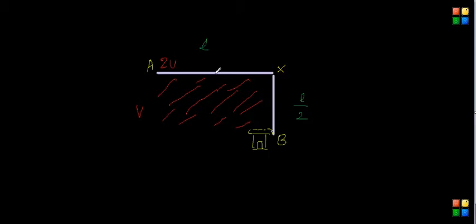A very generalist approach to this problem would be considering that this person starts at A and moves some distance on the line AX, and then at some point, let's say at Y, he decides to move into the paddy fields. So let's say he directly starts into the paddy fields, and from here he directly heads towards point B. This is a very generic situation, and then I need to find this angle. Let's say it's alpha, I need to find what this alpha would be, so as to minimize the whole